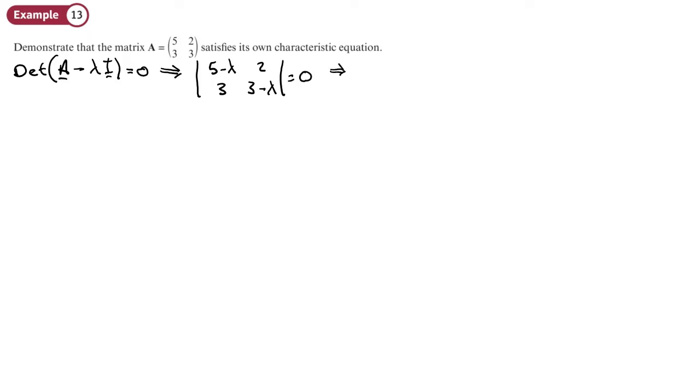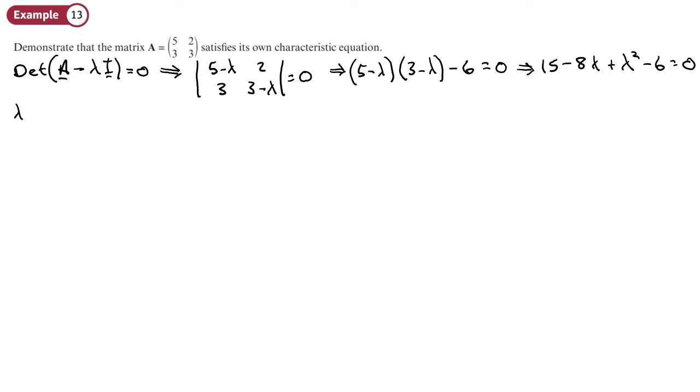So we will have 5 minus lambda times 3 minus lambda, minus 3 times 2, which is 6, equals 0. So 15 minus 3 lambda minus 5 lambda, so minus 8 lambda, plus lambda squared minus 6 equals 0. So that's going to be lambda squared minus 8 lambda